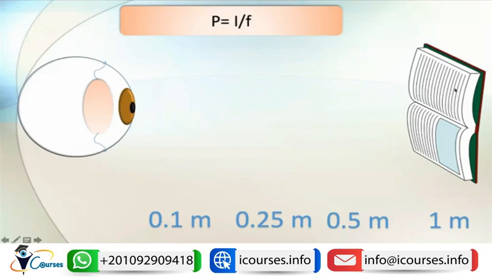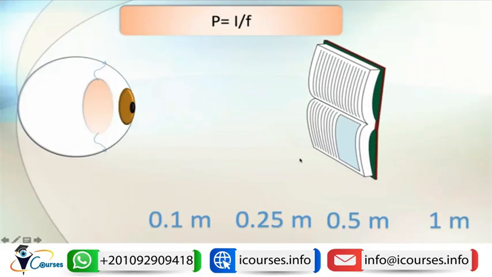For example, if we have a near target like this book at a distance of 1 meter, the focal length is 1 meter, then the power of accommodation needed to see this book will be 1 diopter. If the book is moved to 0.5 meter, then the needed power of accommodation will be